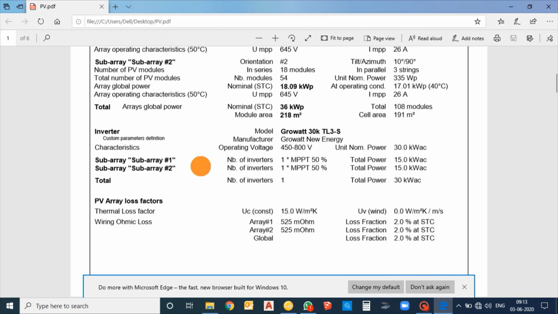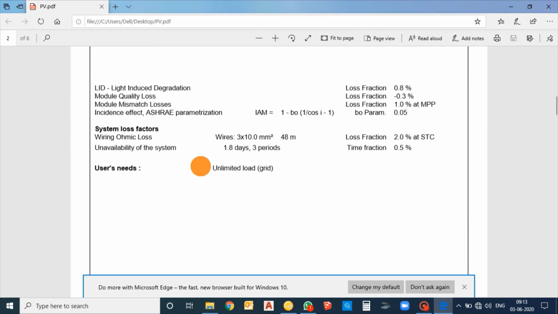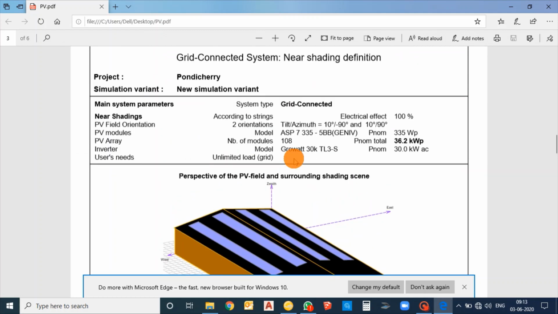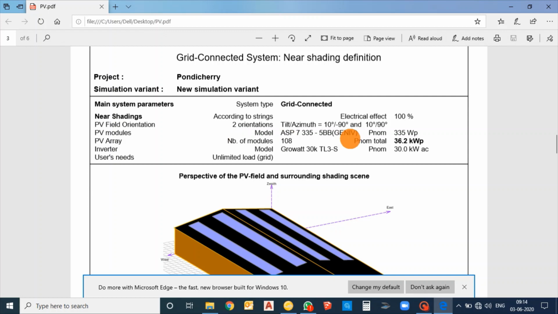You can just see the array 1 and array 2 loading, and going with the light induced degradation and the losses factor here, we have provided 2% losses for AC as well as DC. Going with the 3D part, you can just see the PV and the near shading objects we have created. So east as well as west, and the number of modules in east and west has been shown here for each orientation.